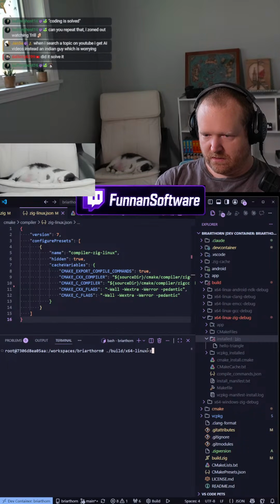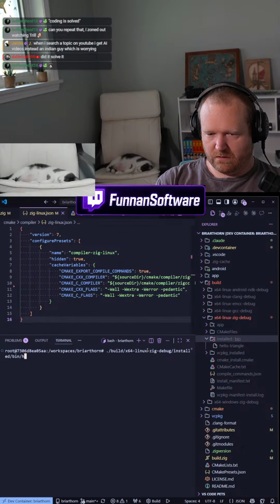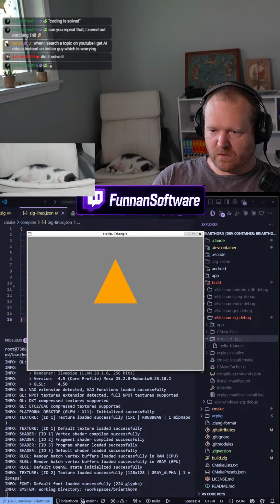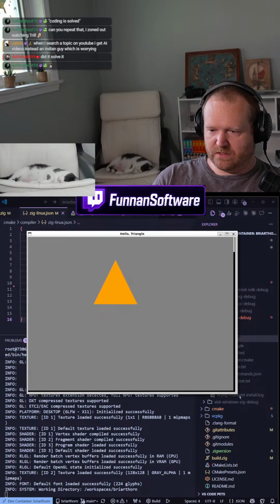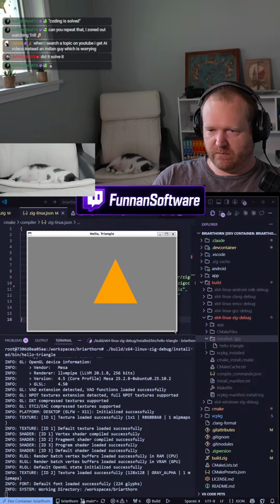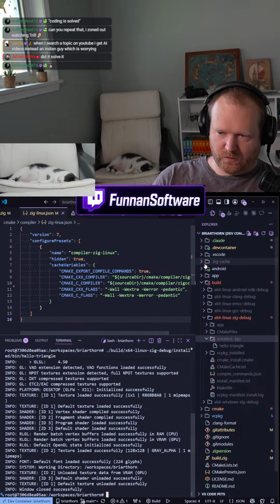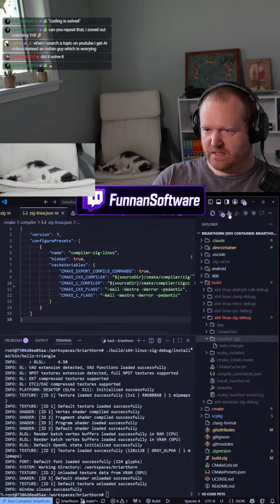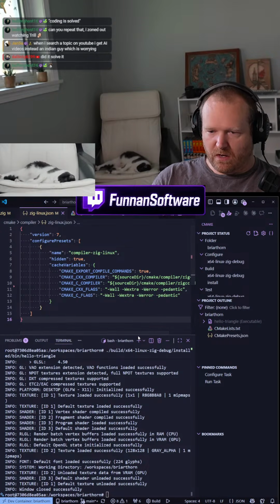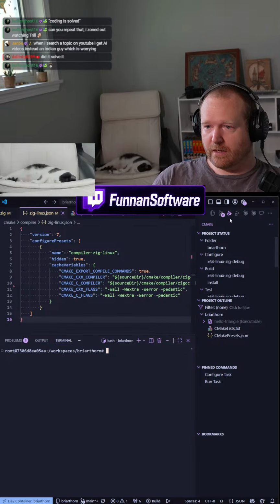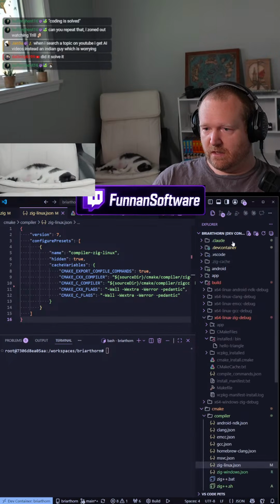x64 Linux ZIG debug installed bin hello triangle. There you go. So this is running on Linux, built with ZIG using C++. I just can't do it through the CMake extension. So we can verify by running it on the command line for one. But with the CMake extension, we